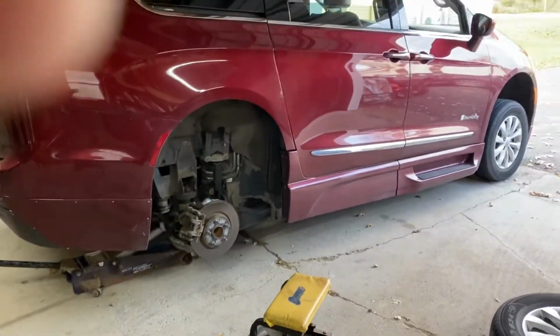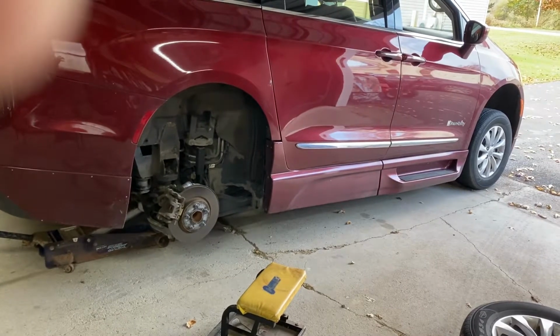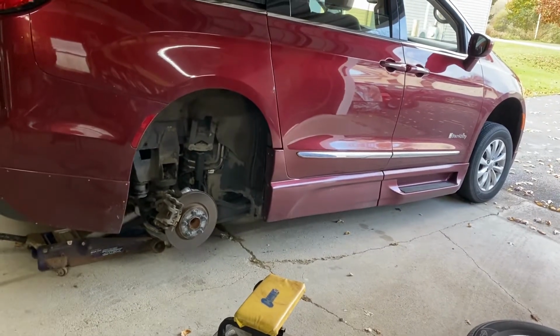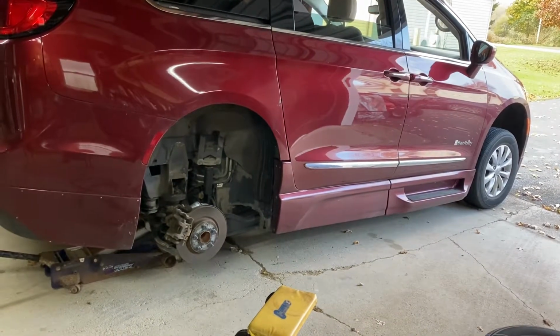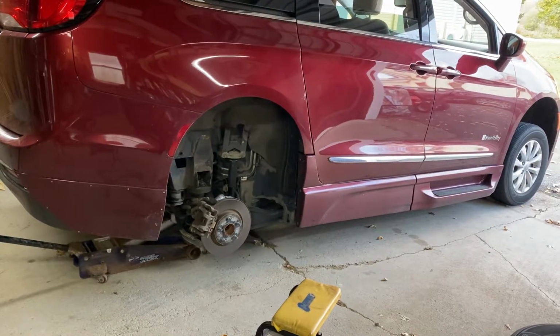I know with these vans, BraunAbility is very secretive, you can't buy anything from them direct. Everything has to go through their suppliers, their shops, and everything you touch on these things is at least double what it costs for a regular car. And